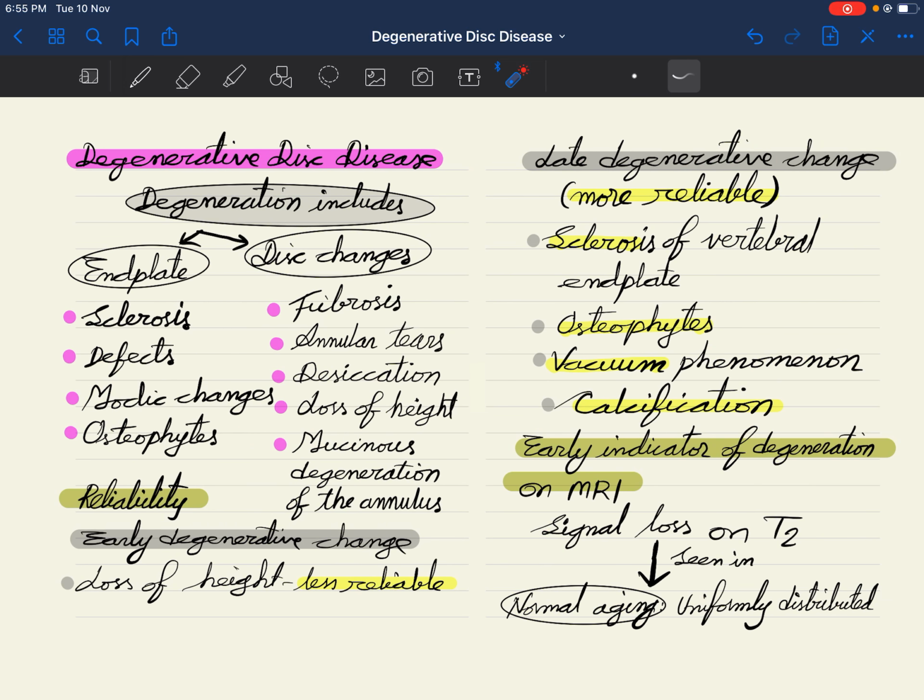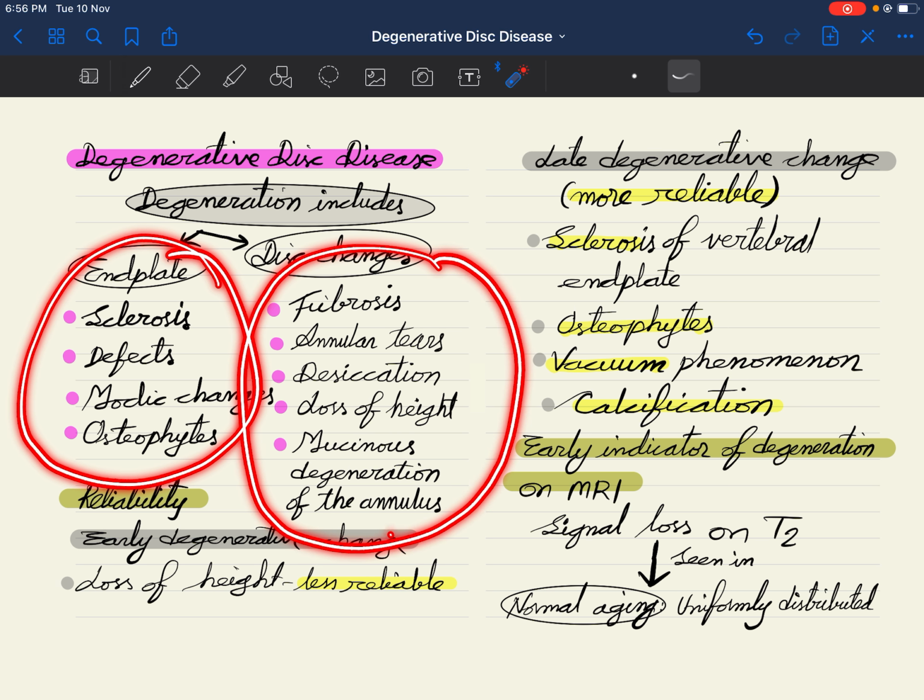So degeneration of the disc includes the end plate of the vertebral body. We may find in the end plate of a vertebral body a sclerosed end plate, we may find a defect in the end plate, we may see Modic changes in the end plate, or we may see osteophytes in the end plate. And in the disc we may see fibrosis, annular tear, desiccation, loss of height, and we may also see mucinous degeneration of the annulus. So these are the